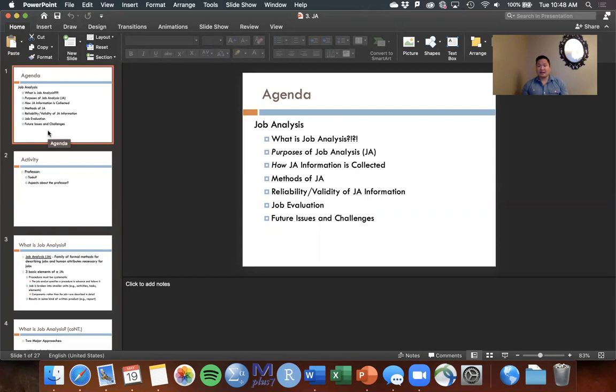And the reason I tell you this now is as you think about taking tests and things like that, and just how I organize information in my head, I think about it in these different categories of what is this thing, why do we do it, how do we do it? And hopefully if you have that framework in your brain, you can start filling in as we go along today.